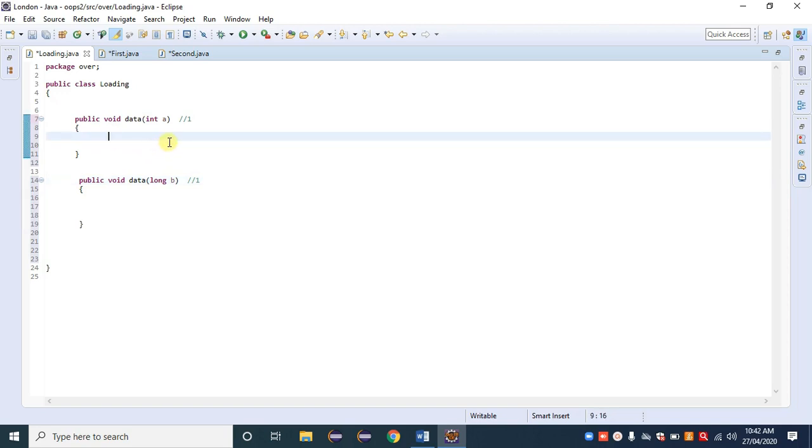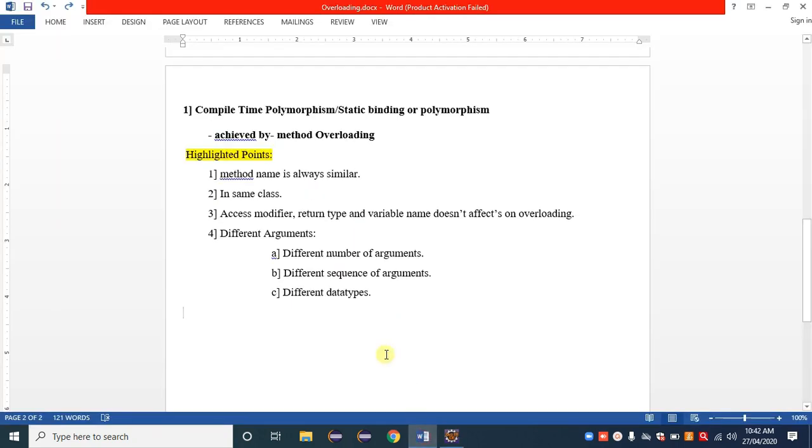It means that by changing their data type, we can also achieve overloading. It is a different way with us. By changing that, we can also achieve method overloading. Okay, that point is essential for different arguments. We can go with any way. We can directly go with a different data type. No doubt, we can directly go with the first one also. But it may be present inside that method. Without that, we cannot create a method with a similar name inside a single class. That is the main requirement of that.